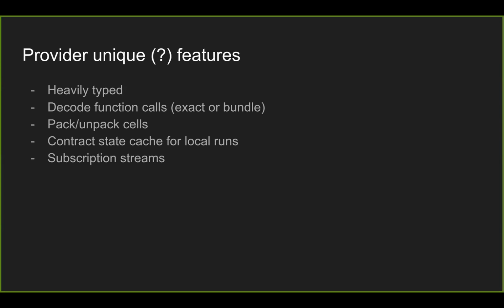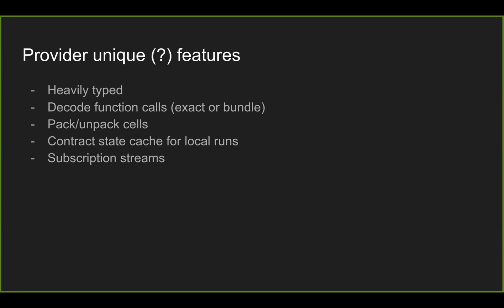By the way, it allows specifying multiple method names and decoding a bulk of different methods at once. So it is very performance related stuff. It allows packing and unpacking cells. I don't know why, but TON SDK didn't have this stuff, but it allows using it in some DEX calls and could be easily used to extract some data from contracts, read static variables, and other, when it doesn't have any